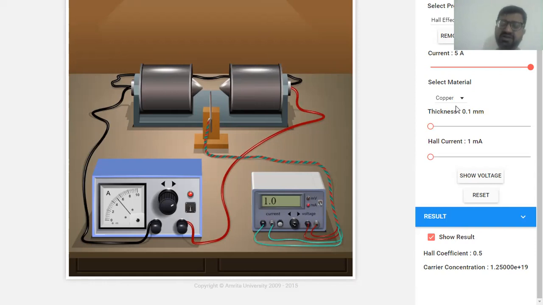So the Hall coefficient is just like some other properties, a fundamental property of the material, which will provide you the information about the conductivity, charge carrier density, and charge carrier concentration of the material. This experiment is important to study the semiconductor properties of a material. So you can compare all these values, spend some time to understand this very important experiment, and then study the material using this virtual lab setup.